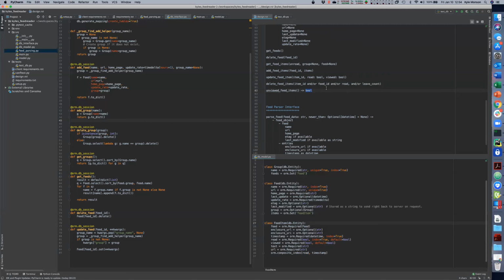But we could make it a little bit more sophisticated than that, and actually have it return a dictionary of groups, or a dictionary of feeds that